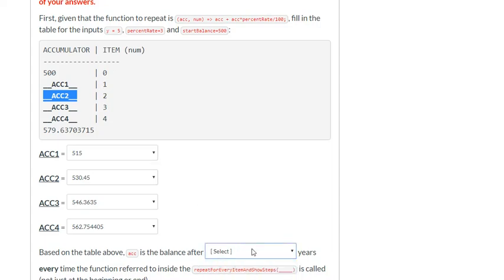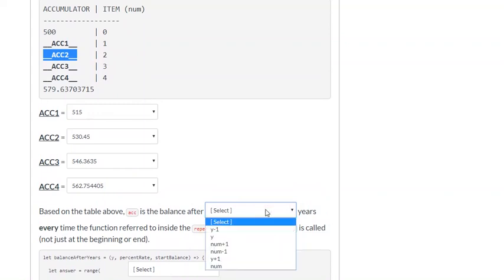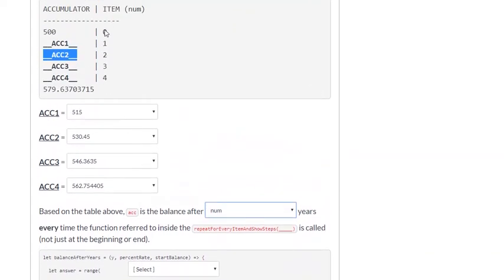Right? So this is, again, scrolling down a little, this is going to be the balance after num years, right? So we said item here is our num, right? And this is important. Before you actually fill out the code, you want to have this table and you want to know the relationship between the columns, because that's going to tell you when you want to stop,